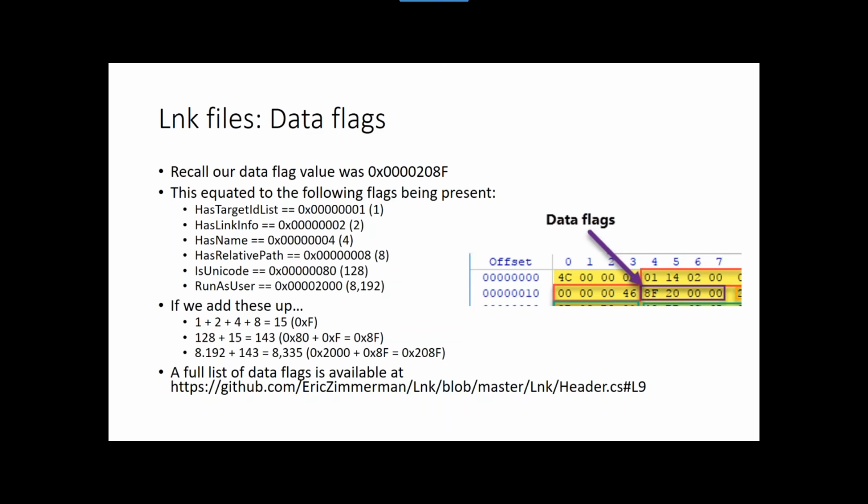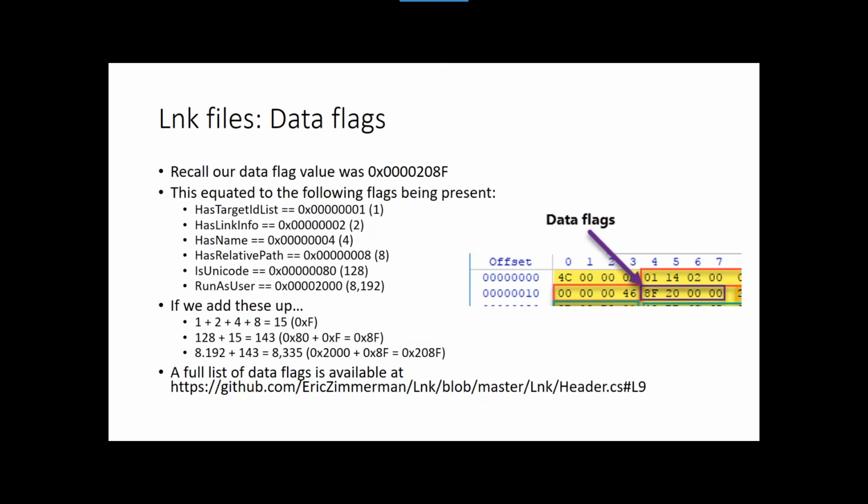So down at the bottom, we kind of reverse the process. We say, well, target ID list is 1, and link info is 2, and has name is 4. And now you can see everything goes up 1, 2, 4, 8, 16. It's going up by powers of 2. That's how, when we add all these things together, it can reverse the process and pull out all the individual